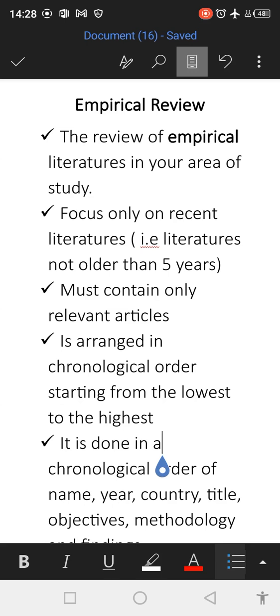Remember, if you could recall in all our previous videos that we did all through last year, your research topic, your research title emanated from your area of interest. So, empirical review rather is the review of empirical literatures in your area of study. Emphasis is on empirical. The reason is because a lot of people might have written different kinds of things on